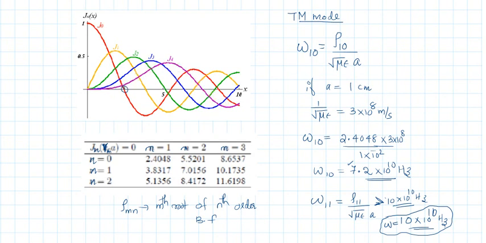You can see that for each Bessel function there are different zeros. This is the first zero of the zeroth order Bessel function. This is the second zero of the zeroth order Bessel function. This is the third zero of the zeroth order Bessel function, and so on. So here I denoted the different orders of Bessel function n equal to 0, 1, 2. Here I have different zeros m equal to 1, m equal to 2, m equal to 3. So this entry 2.4048 denotes the first zero of the zeroth order Bessel function.